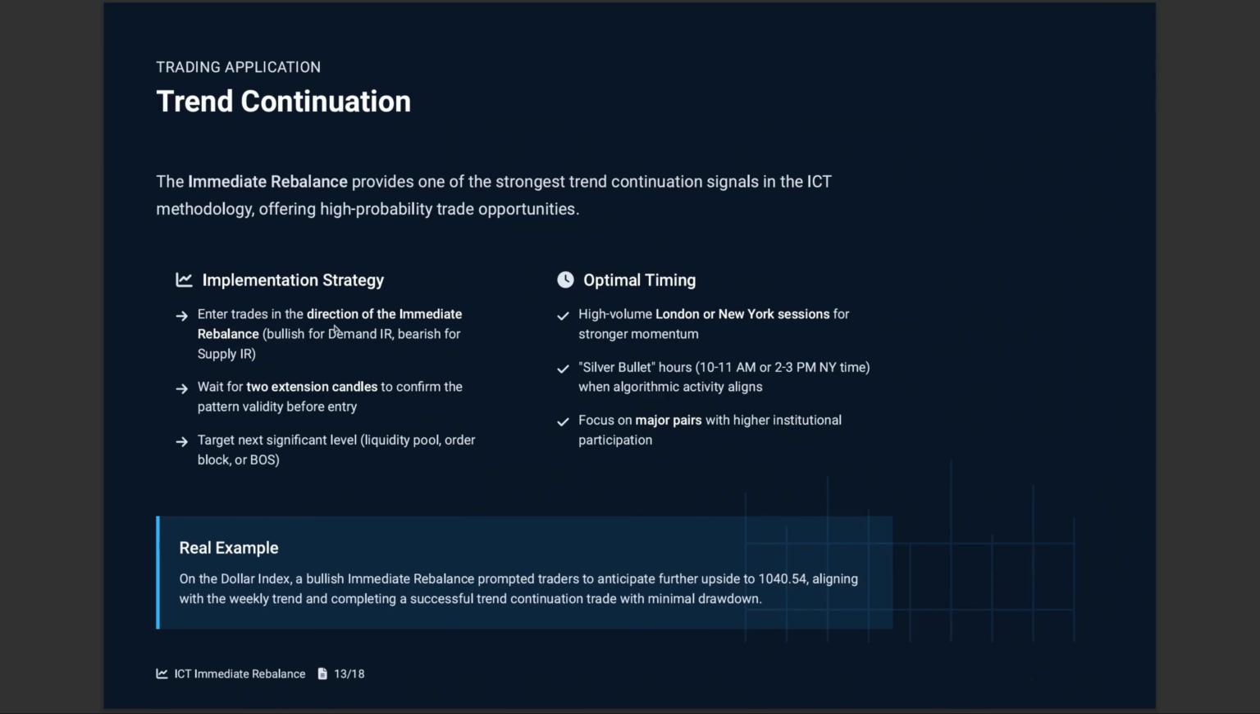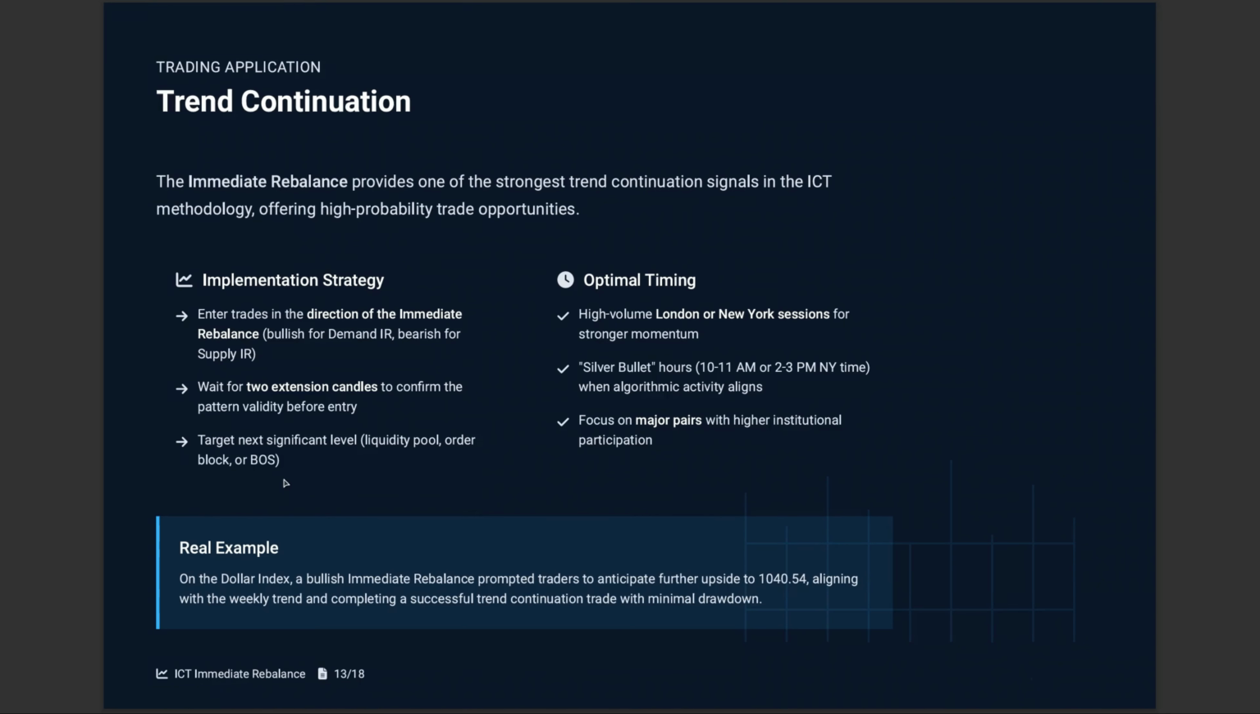Enter trades in the direction of the immediate rebalance. Bullish for demand IR, IR just means immediate rebalance. Bearish for supply IR. Wait for 2 candles to confirm the pattern's validity before entry. And then the next thing you do is target the significant level, a liquidity pool, an order block, or just